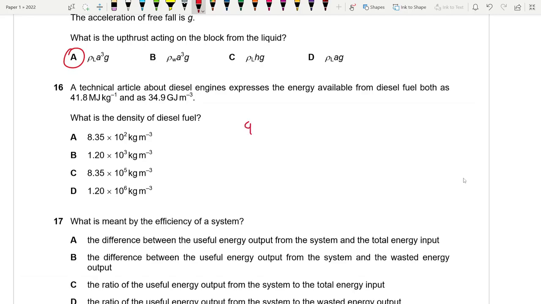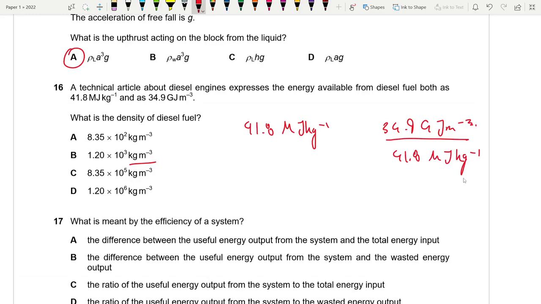So one of them is 41.8 megajoules per kg. Another one is 34.9 gigajoule per meter cube. So we want the density. So somehow I just want kilogram per meter cube. Okay. So what if I write 34.9 gigajoule per meter cube divided by 41.8 megajoule per kg? What's going to happen to this? 34.9 into 10 to the power 9 joule per meter cube divided by 41.8 into 10 to the power 6 joule per